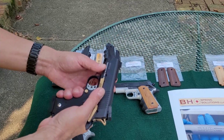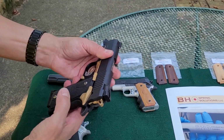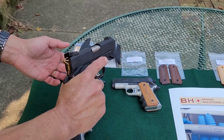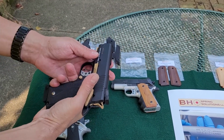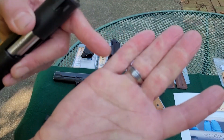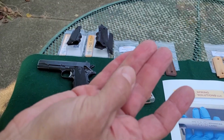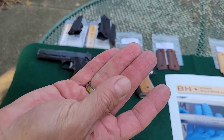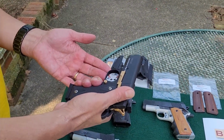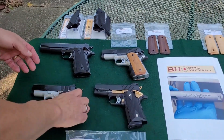For example, this Magnum Research has front grip strap stippling, I guess, and also on the back strap, and that's quite affirmative. It's actually very aggressive. And I can use these panels by themselves, and that is a compelling kind of a grip hold. I have found myself leaning away from this scenario, and I'm going to show you why right here in the camera. Can you see the stippling in my fingers and all the marks from all those little dots? Those are sharp. That's not without somewhat of a downside too, in that I have found myself possibly not holding the gun as tightly in my hand as I may otherwise if I was up against a more comfortable surface,